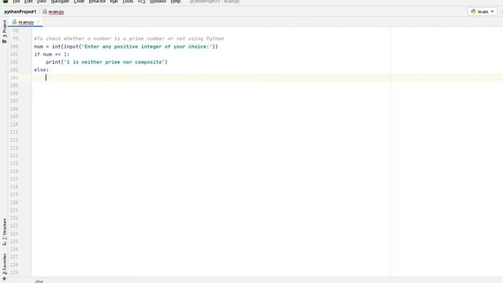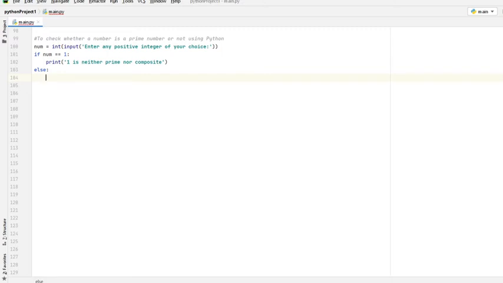Why half of it? Because after half of the number, we don't find any factor of it other than the number itself. That is why we don't need to waste time checking up to n numbers. For example, if I have entered the value of num as 11, there is no point checking up to 11 numbers. So we check from 2 to half of the number whether the number is divisible by the given number or not. That logic we are going to use.